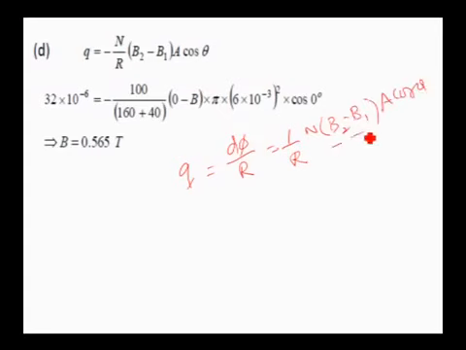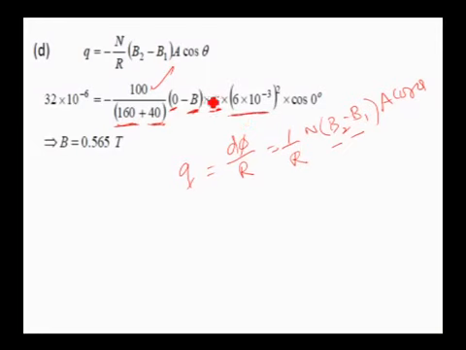So B2 minus B1 means here B2 is 0, B1 is equal to B, and N is the number of turns. Why is it 160 plus 40? Because there are two resistances, 160 and 40, adding them gives 200, where pi is 3.14, and this is 6 into 10